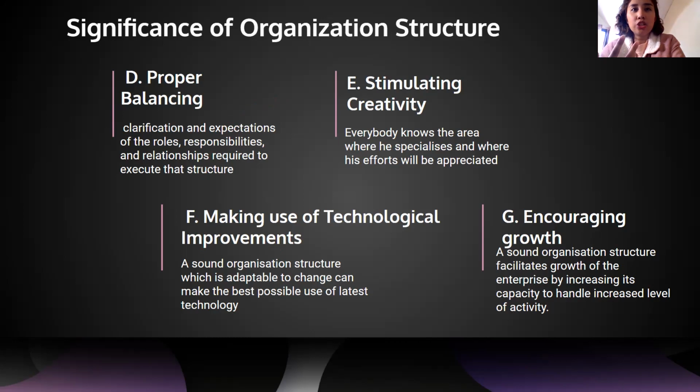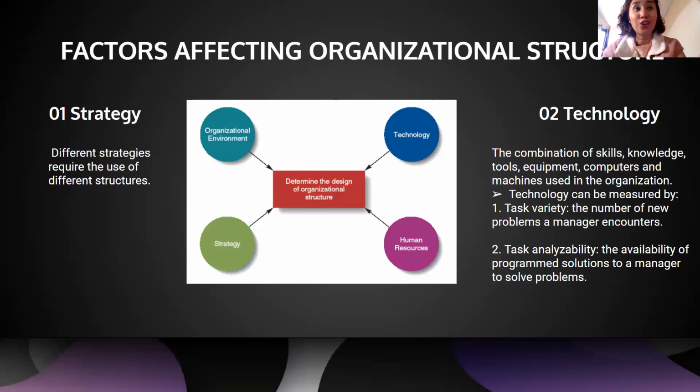Yan. So a sound organization structure which is adaptable. So the best is you are adaptable to the latest technology. Yan. However, yun nga, minsan the latest technology, you have to cut out human resources. Kasi dati ginagawa ng tao, now pwede nang gawin ng machine. Okay. So encouraging growth. So an organizational structure, guys. So it's a balanced one if there is growth. Yeah. So example, nagkakaroon ng more responsibilities yung empleyado or tumataas siya sa hierarchy ng authority.